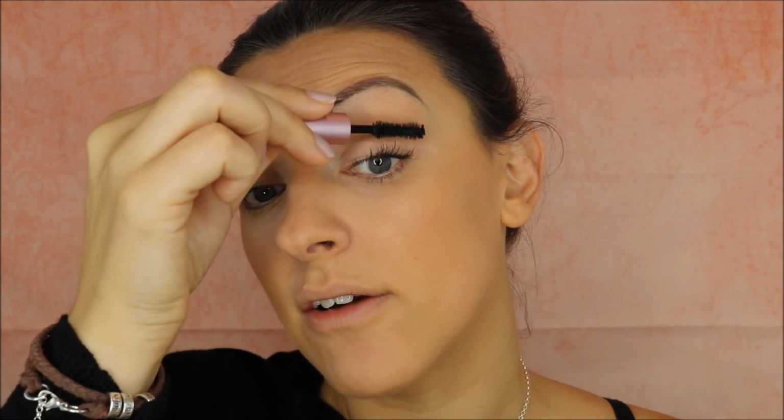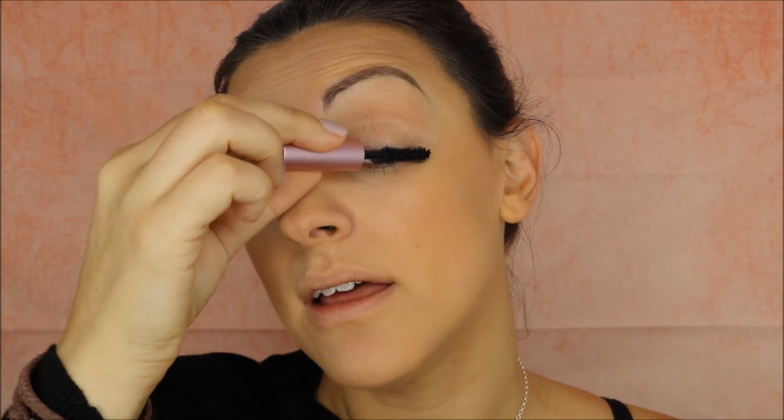I feel like the mascaras I've liked before have been sort of lengthening and separating. And now I kind of feel like I want to try something a bit more thickening, and that's hopefully what this is going to be. I feel like mascaras, you have to give them a good few goes to decide if you like them or not, because I don't know if this is just a me thing, but I like mascaras better when they start to dry out a bit. Don't know if that's just me and I'm weird, but...